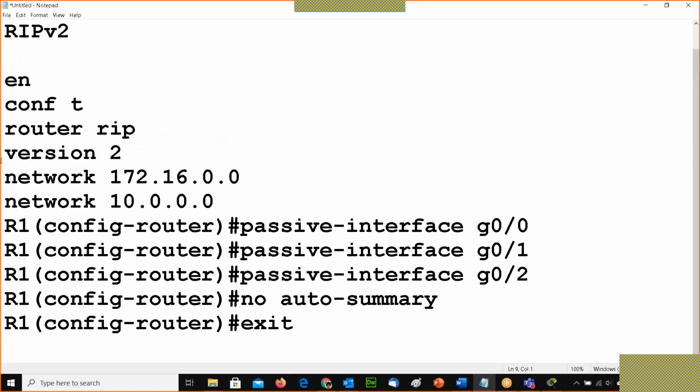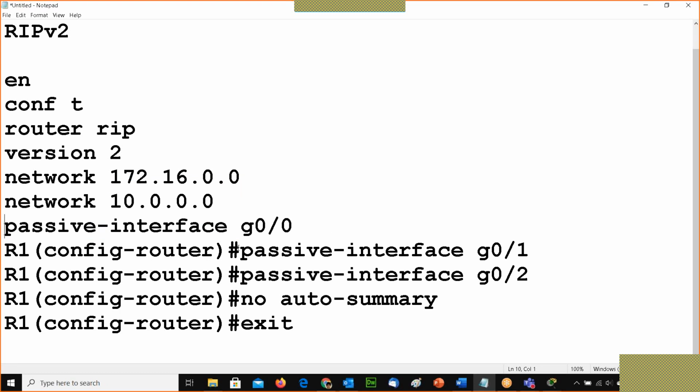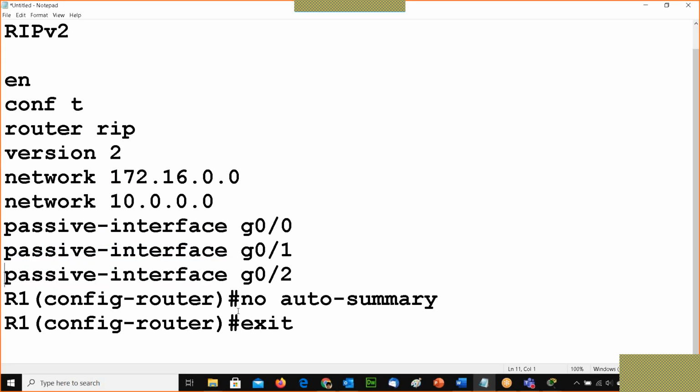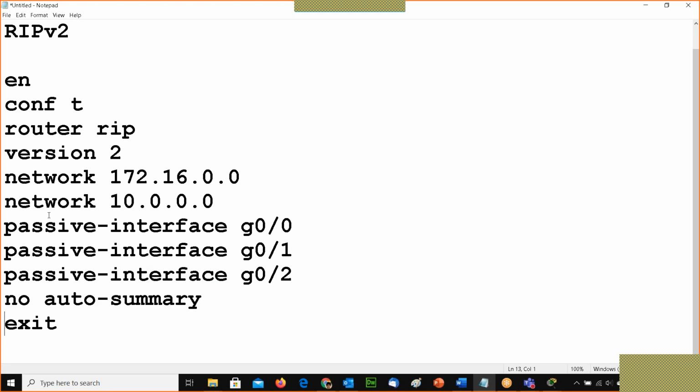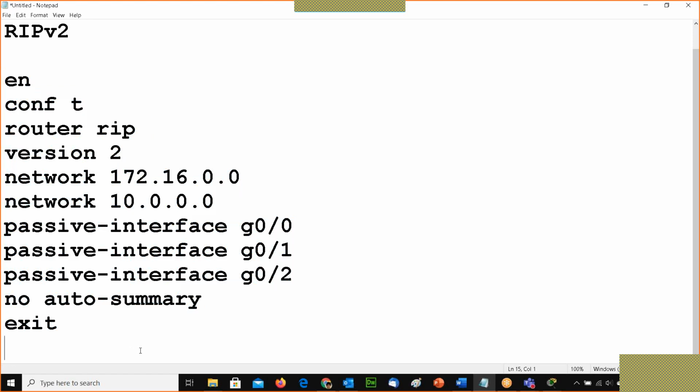So I don't have to write those 3 networks in that case, rather the parent network. That's why I intentionally took this one. Now I am configuring passive-interface GigabitEthernet 0/0, 0/2, 0/3, no auto-summary and exit. This is the configuration I need to do.